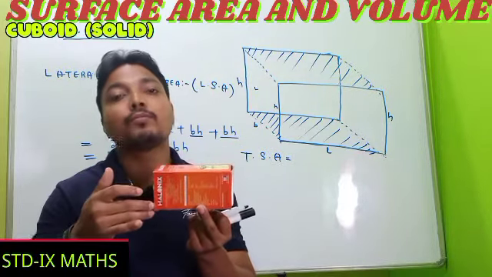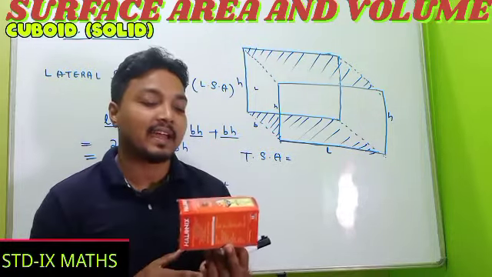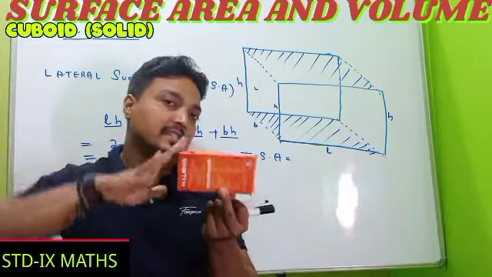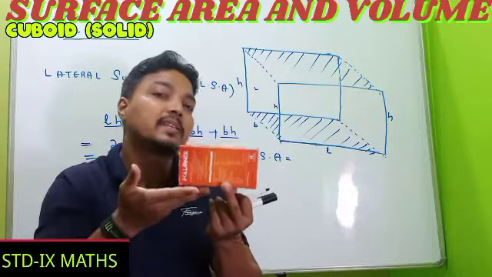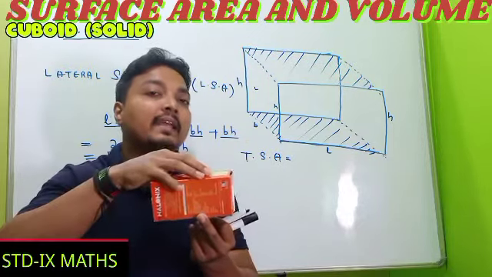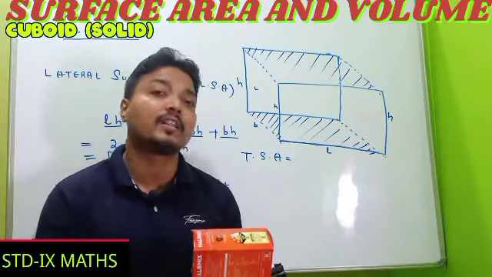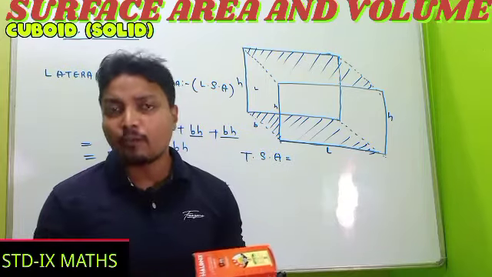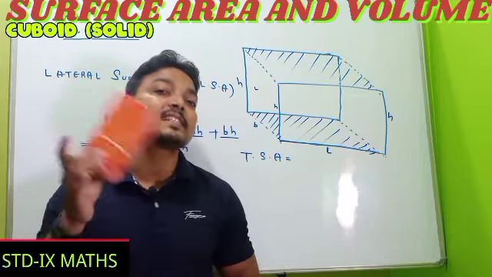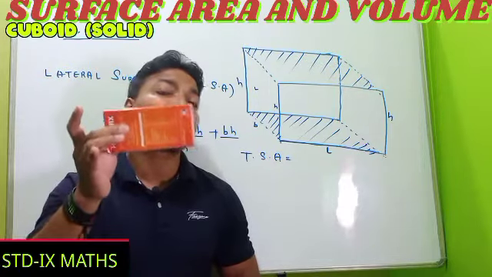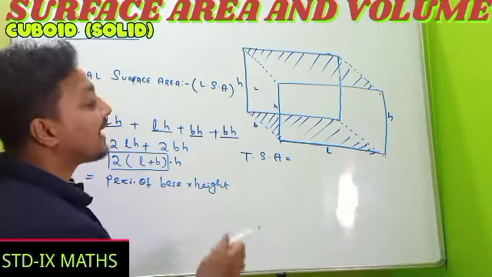So you have to find the sum of all the faces together. It is called our total surface area. Lateral surface area means 4 surfaces. Whenever the top and base areas are added to the lateral surface area, the total result we get is the total surface area of the cuboid. It means the area of the 6 surfaces, otherwise 6 faces of the cuboid, is called our total surface area. So here I am writing total surface area.